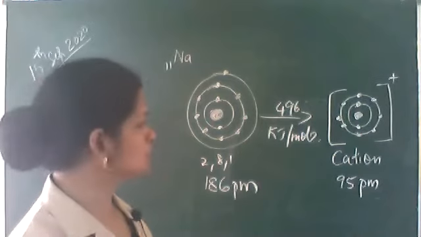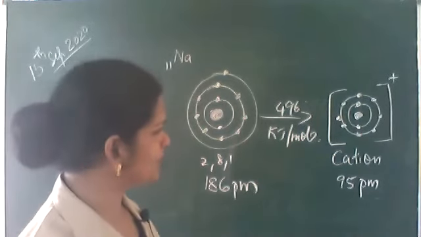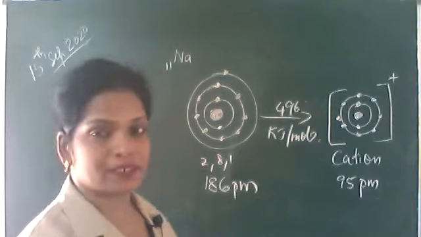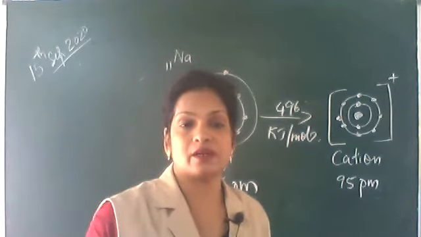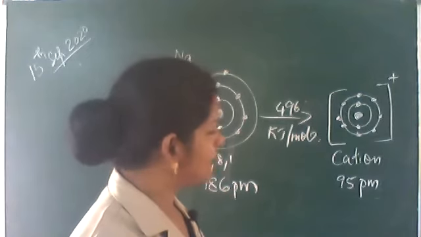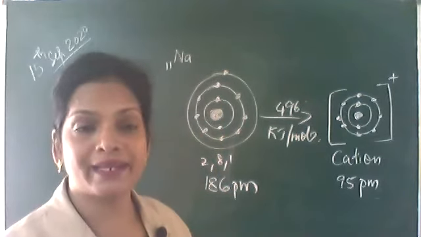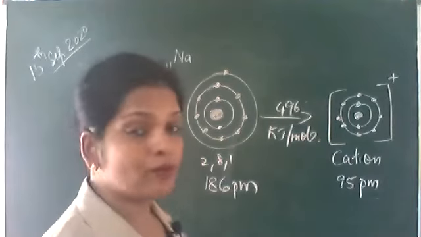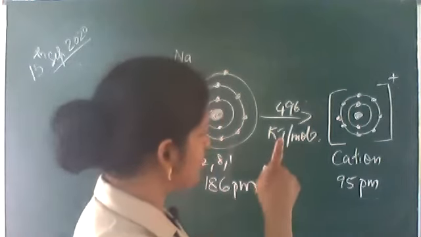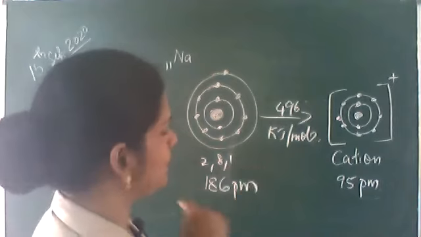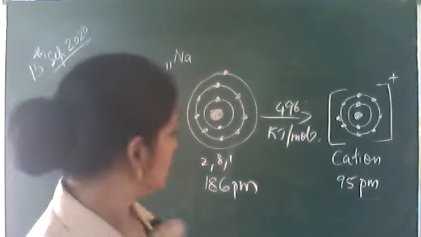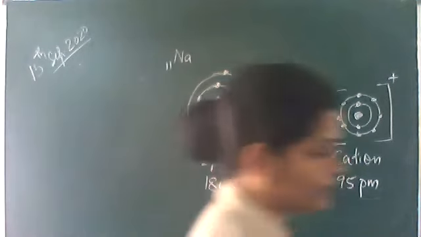When one electron is removed by giving some amount of energy, then what happens? Number of protons remain same, number of electrons less. So more number of protons are effectively attracting the less number of electrons. So the cation's radius or the ionic radius, cation's radius is lesser than that of the neutral atom. So we call that cation. Cations are positively charged, size is decreased as compared to the parent atom. Now what about when you add an electron to the neutral atom?